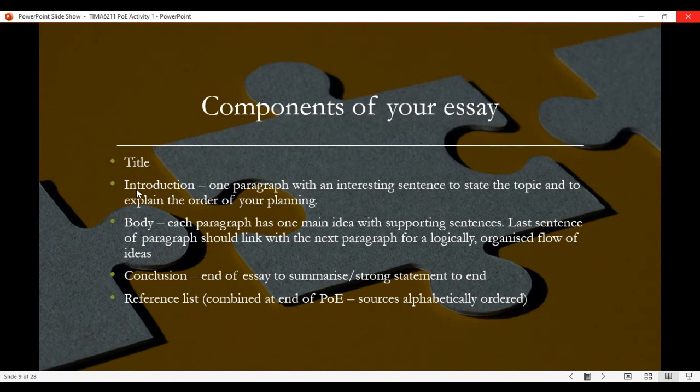Then at the end of your essay, you would have a conclusion to summarize and to end off with a strong statement. Then at the end of your PoE, after both activities of this PoE, you will have your reference list, where you would order your sources alphabetically.